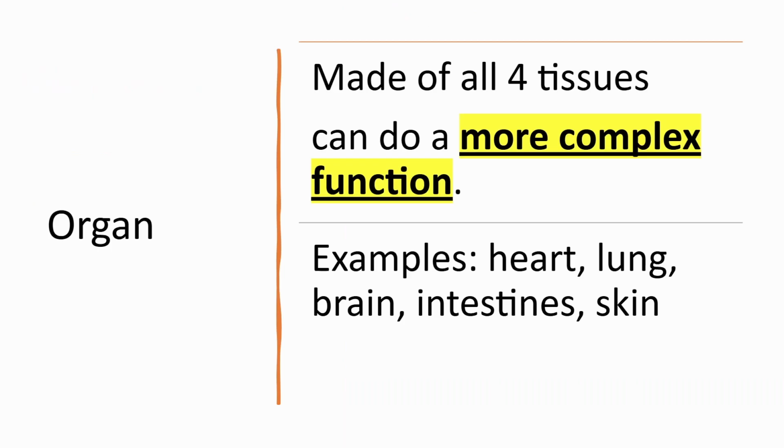We take a big step back and remember that we were talking about the 5 levels of organization. There were cells and then tissues. Tissues were a group of cells. So now an organ is a group of tissues, and there is an even more complex function than what tissues were doing. The examples for organs are heart, lung, brain, intestines, and most medical